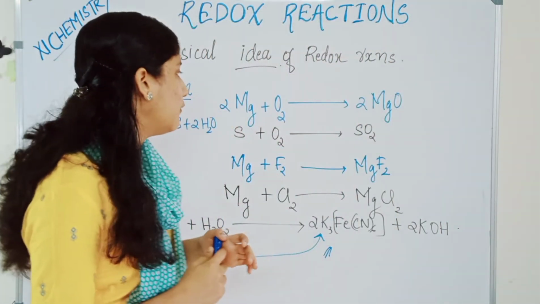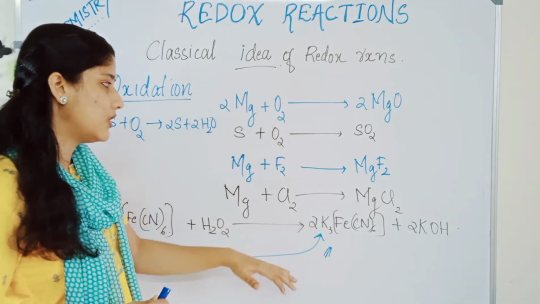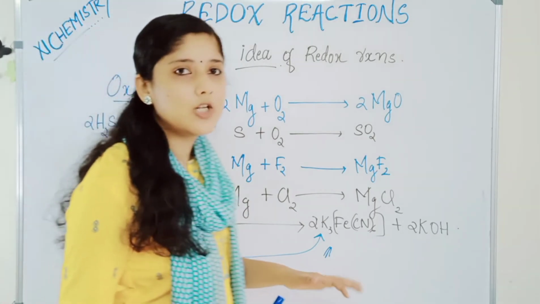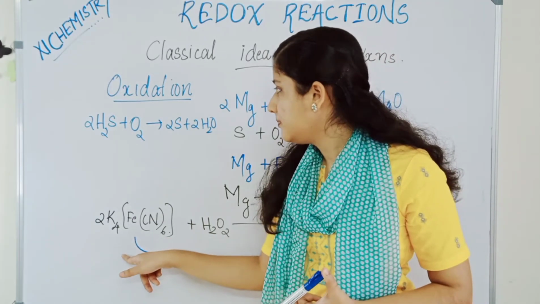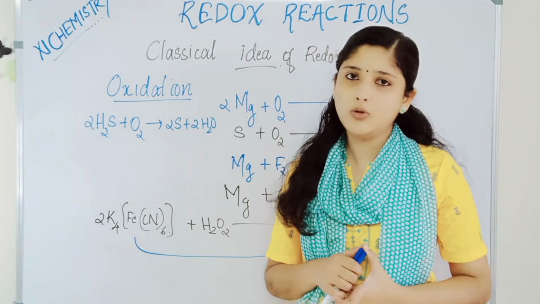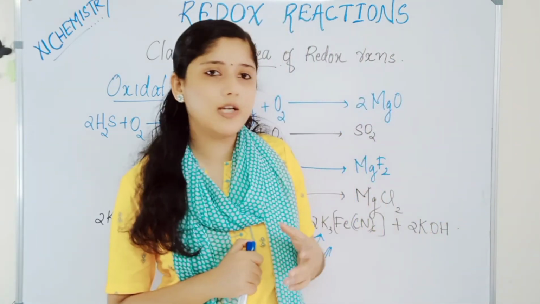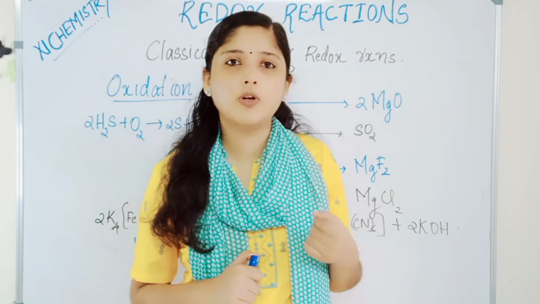So I hope the examples are clear for you. Okay, addition of oxygen, addition of electronegative element. Here what happens? Removal of an electropositive potassium. So that's all regarding the examples of oxidation. You can find more examples in your textbooks. Now let's look at the examples for reduction reaction.